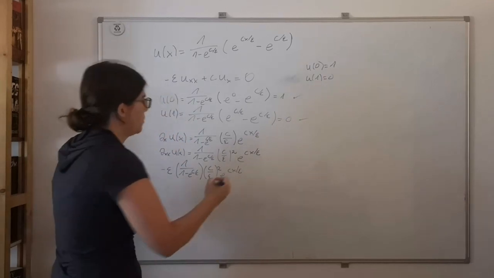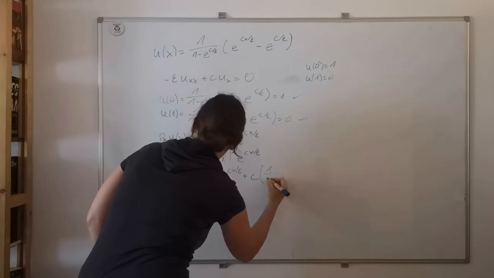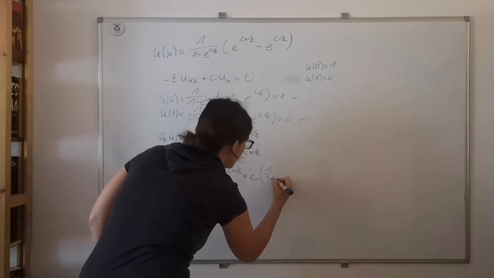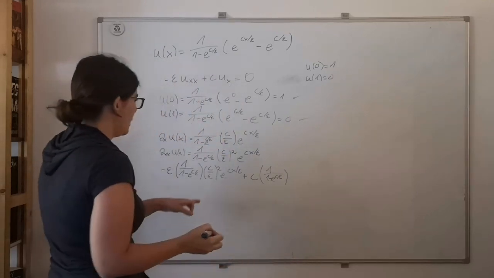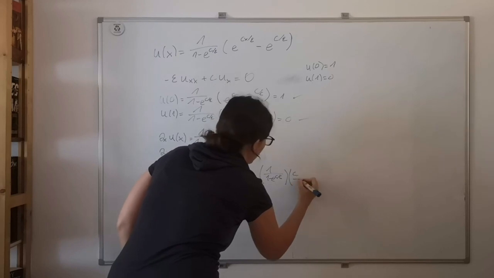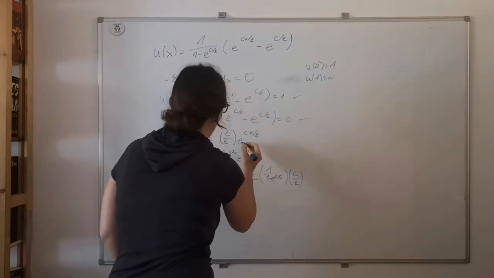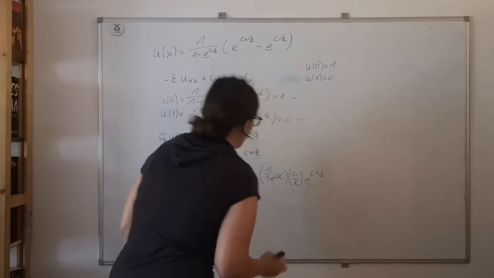That's the first term, plus c times 1 divided by 1 minus e c epsilon. And then this term, so c divided by epsilon, and then e to the power of cx divided by epsilon